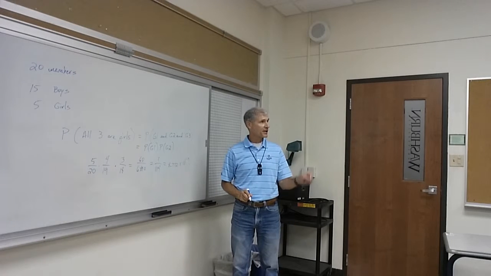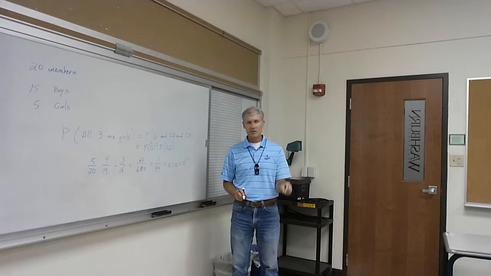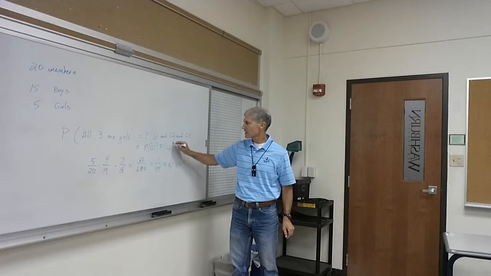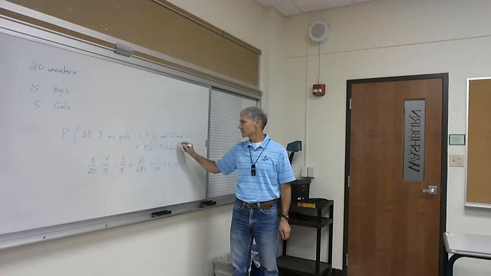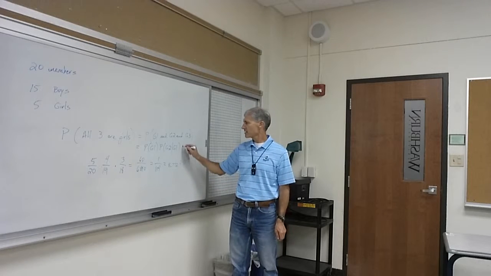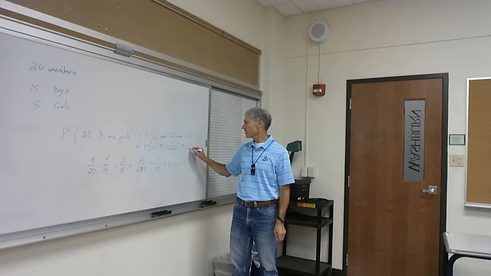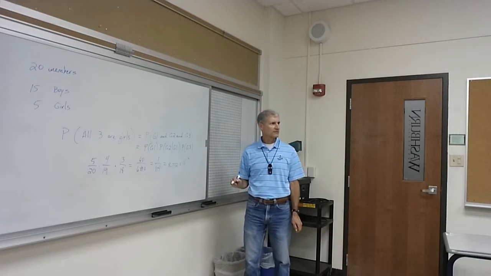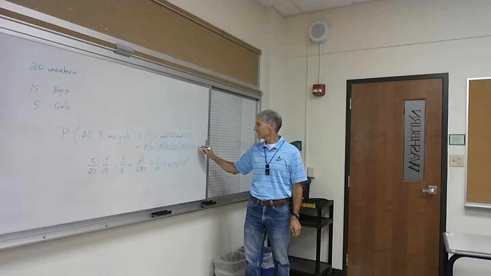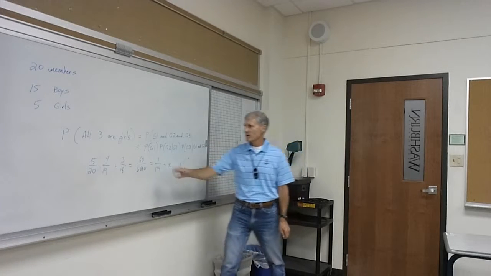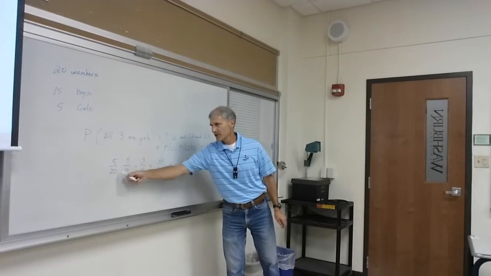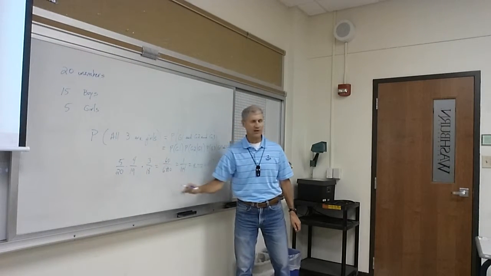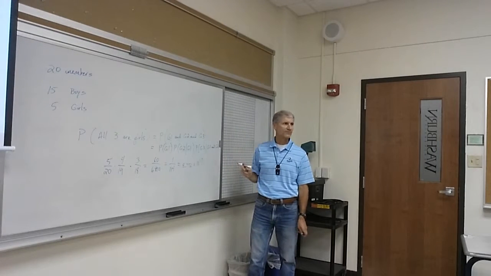Because they're related. They're not independent events. Since they're dependent, we have to condition on what happened on the first draw. Girl on the first draw. And then probability of girl on the third draw given girl 1 and girl 2. And that's why these numbers keep stepping down, both the tops and the bottoms of the fractions. They keep stepping down by 1 because you keep drawing another girl out.